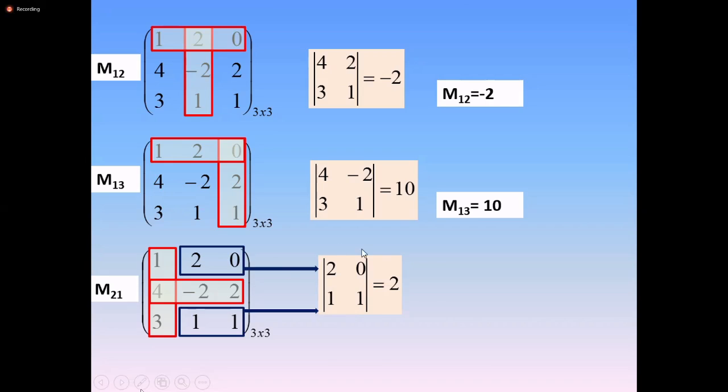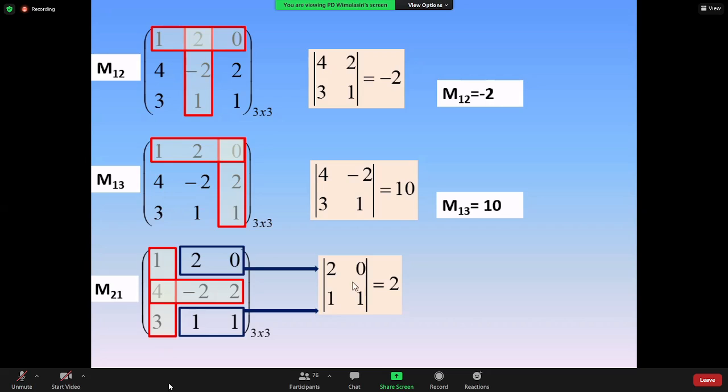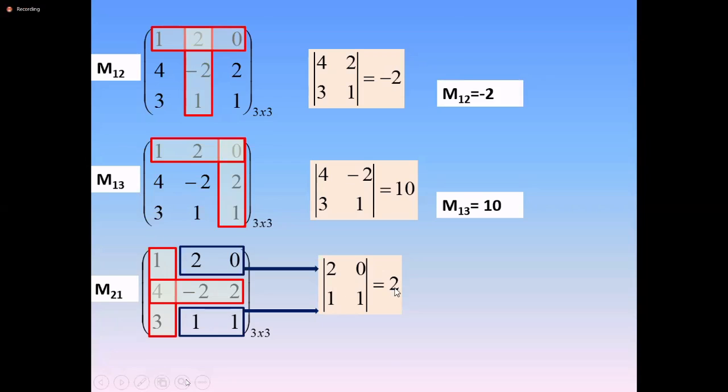So if you have a 0 value to be multiplied, then don't think about that and get only 2 by 1. Here 2 by 1 is 2. Because there is a 0, that multiplication goes away. So no need to write this one. At once you can go to the answer.